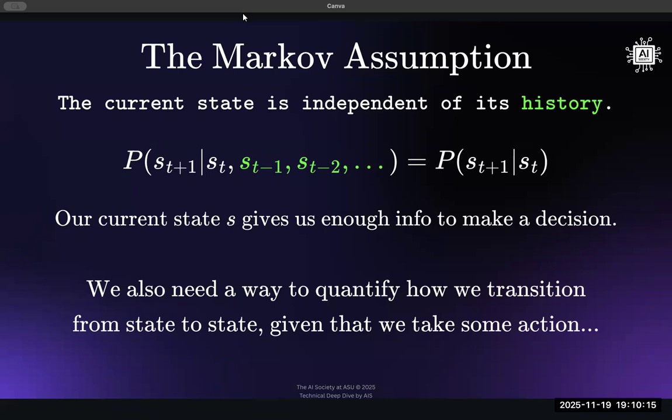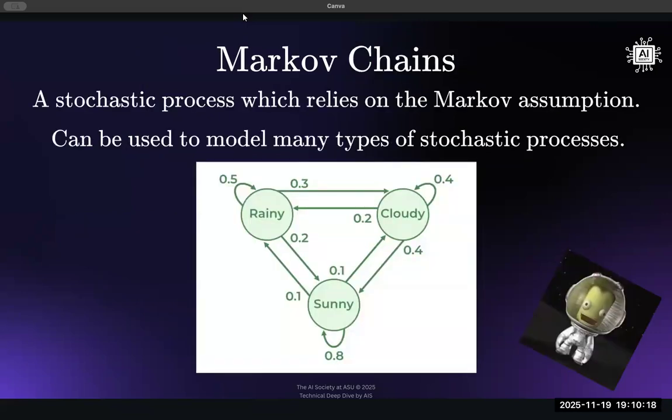And the role that this plays is in a mathematical structure called a Markov chain, which is a stochastic process. It's random in that it has probabilities associated with transitioning to each state, whether you go to, I don't know, sunny or cloudy. The probability of going to each of those states is different, and they vary. But it's stochastic in the sense that you're not certain you're going to the next state. Perhaps you will go there, but the probability is, I don't know, 40%, 20%. But there's a chance that you might not transition there at all.